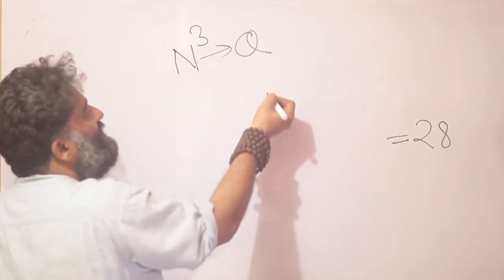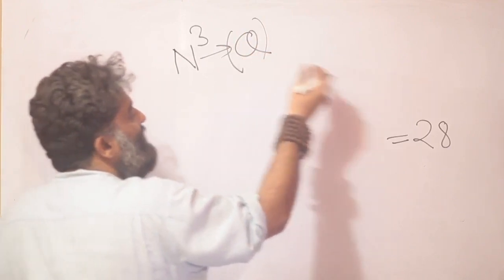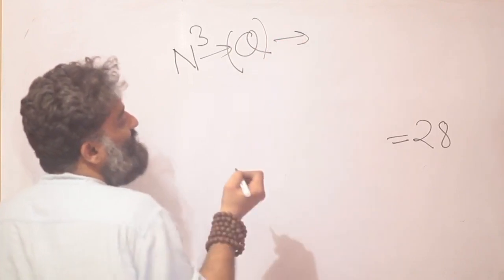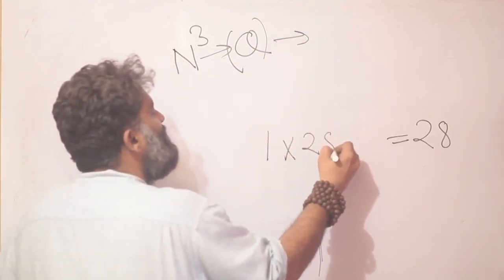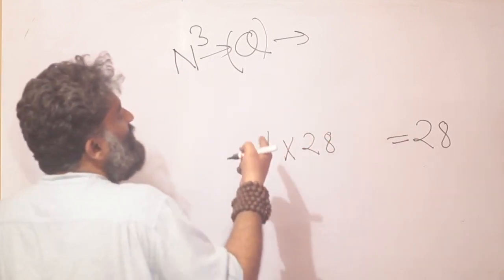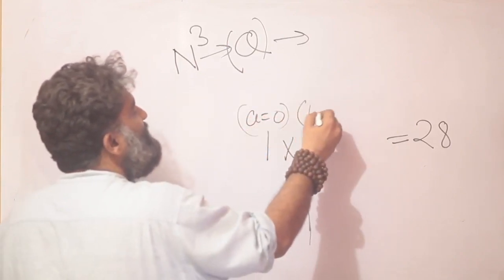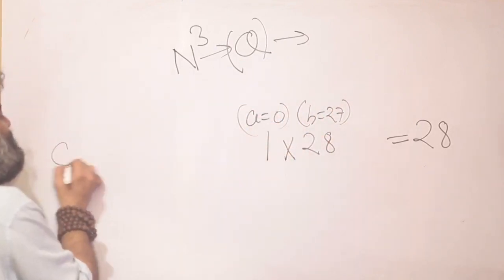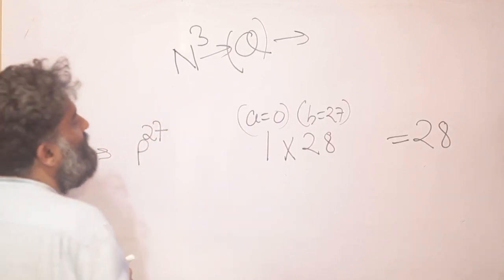But let us not get deterred by it. Let us call it something new. Let's call it q. So it becomes a new question. There is a number q and it has 28 factors. What is the nature of q in terms of prime factorization? So let me start thinking. Easiest way of thinking would be 1 into 28 is definitely a product of 28. That would mean a is equal to 0, which would mean it doesn't exist, and b is equal to 27. This product cycle would mean that q can be written as prime number raised to 27, right?